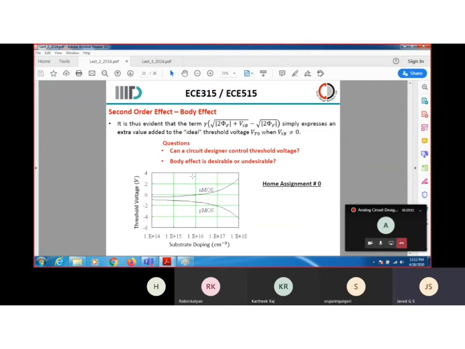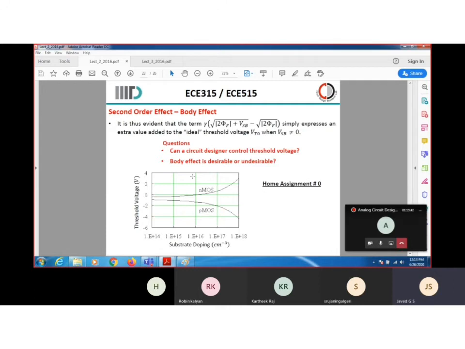So these are the two common questions which again can be asked in interviews, or I have seen the second question being asked mostly in high-speed design. Is body effect desirable or undesirable? I would use body effect in the sub-threshold operations. It would be beneficial, and there is some way I can control it. So the control is again process dependent. If a particular process allows, you can use it. So that is how we will do.